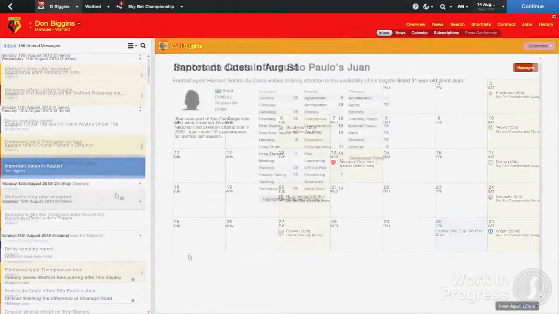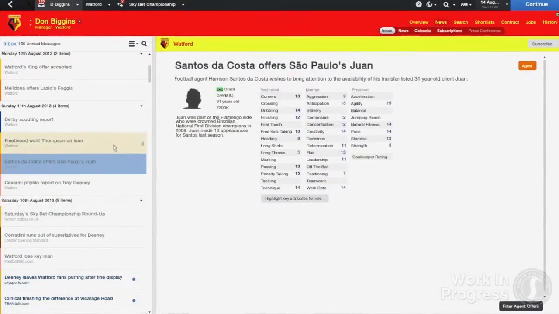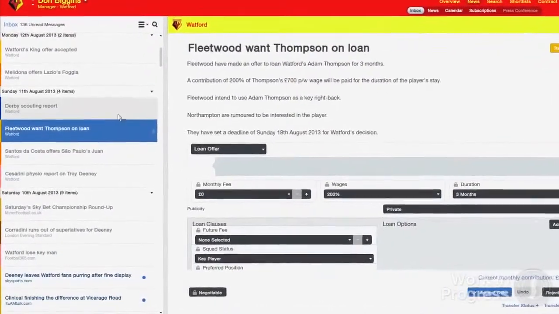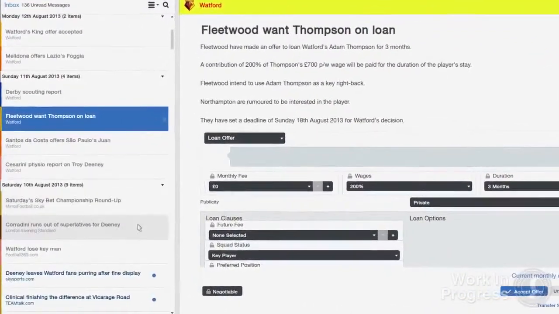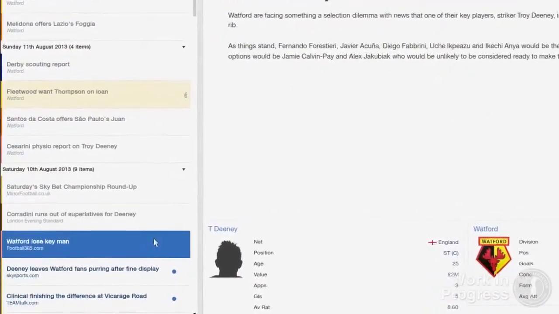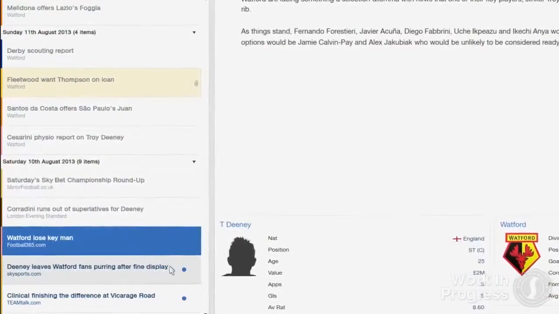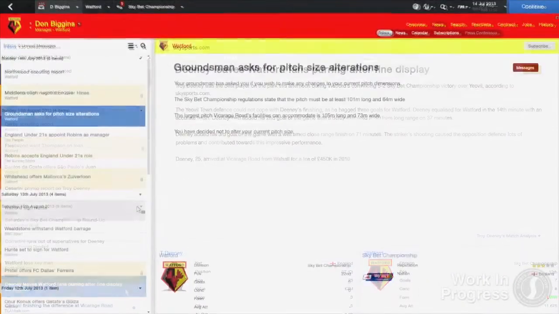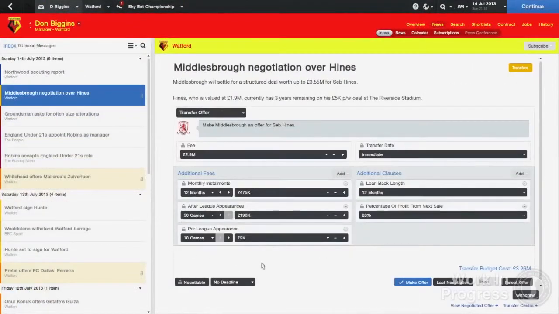In addition to the brand new style of email and news, we've colour-coded inbox items based on category so that it's instantly clear which messages are related to each category. You can now scan through your inbox and pick out important items easily and see what each item relates to. Transfer and match news items in particular are much more obvious to make sure you don't miss any important information